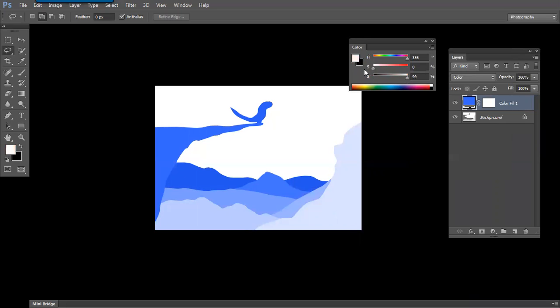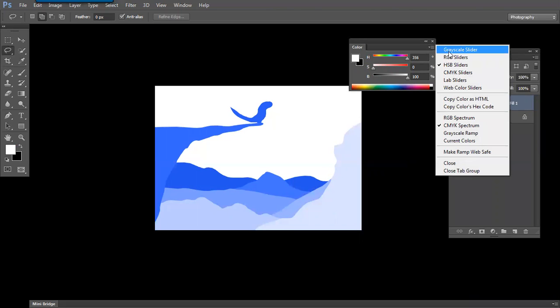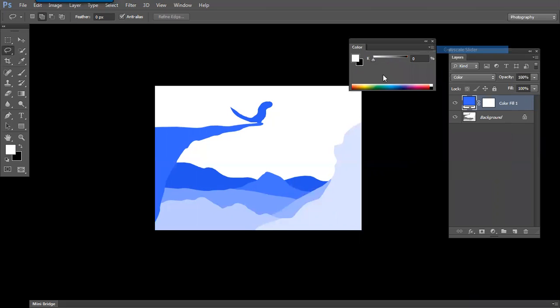Grayscale could be done by saturation 0. Then brightness could be controlled, raised slowly. Directly we need only this brightness to be visible. Then the next slider we can choose is called the grayscale slider. Here only the light value will change.